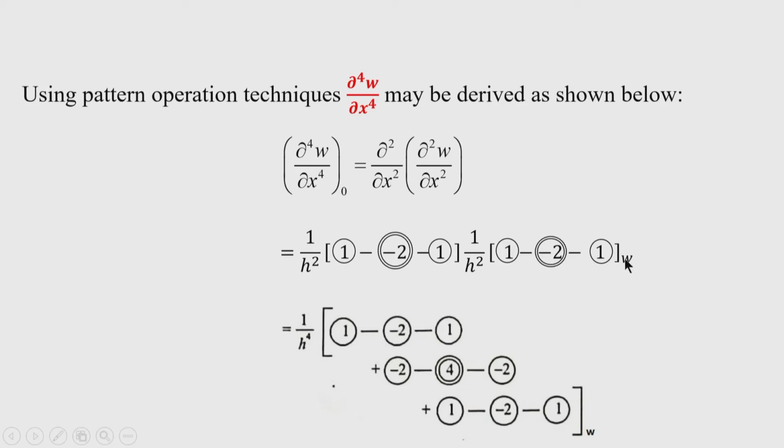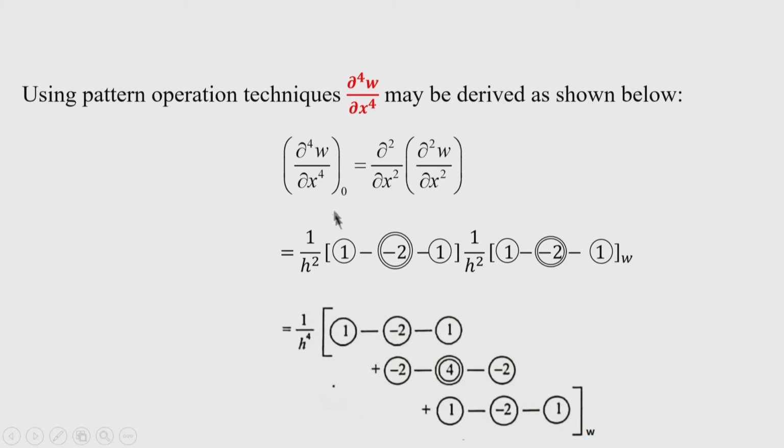Then here again is the curvature between the points. Here the w is associated, but here it is only the operator del square del x square. So, you can distinguish. First is the operator del square by del x square, and this is del square w by del x square, in which w is associated. Now, again you do the same operation that I have done in the earlier cases, multiply each term. So, 1, then minus 2, then 1, then minus 2, plus 4, minus 2, then 1, minus 2, 1.